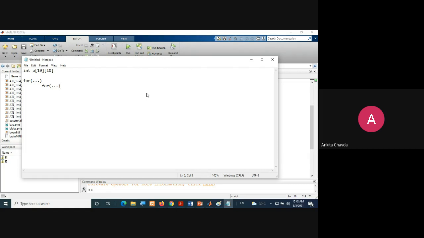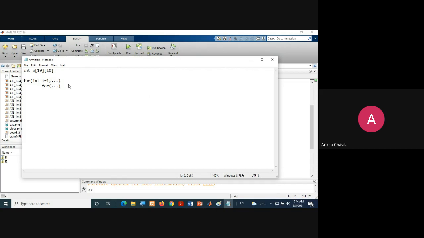Then if I want to access a particular element, the array will start from whatever initial value we give. Suppose I give integer i equals 1. It will start from there and end at 10, or whatever it is.